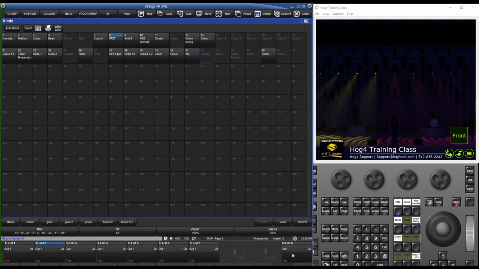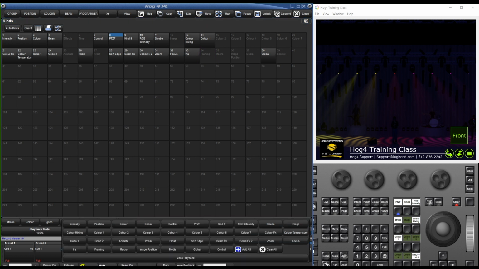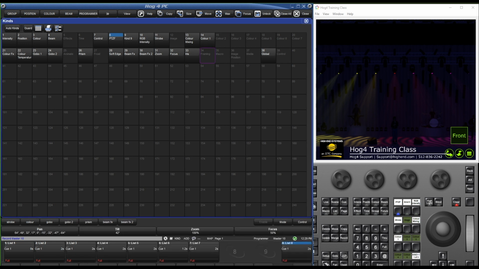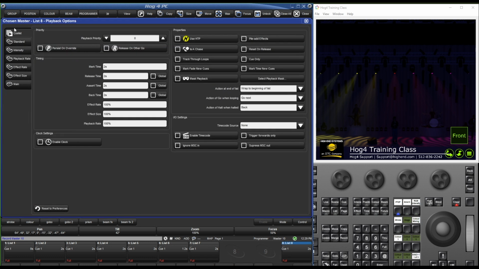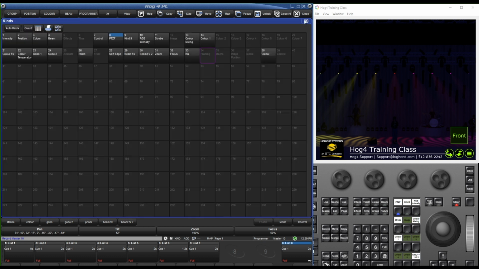So now what you can see on Fader 10 is that when we hold down choose under playback mask, we can also mask out our playback based on all of these kinds that we have recorded. So now I can just say, show me pan, tilt, zoom, focus. And I'm going to go into those settings real quick. Mask, make sure mask playback is first selected. And now when we